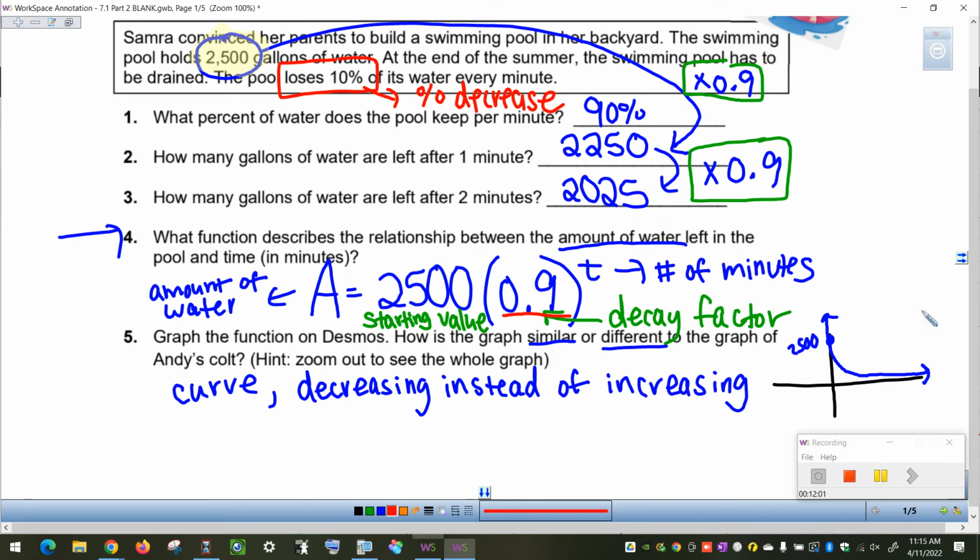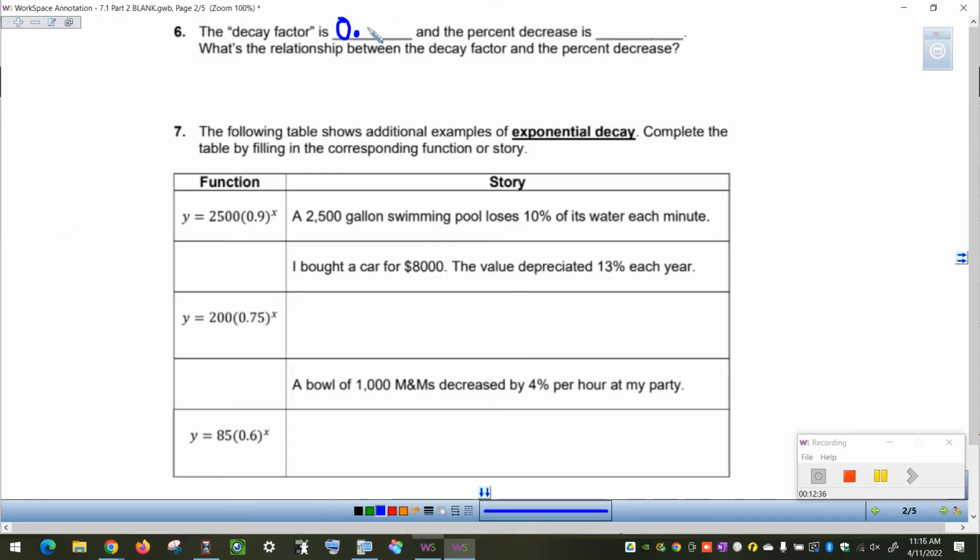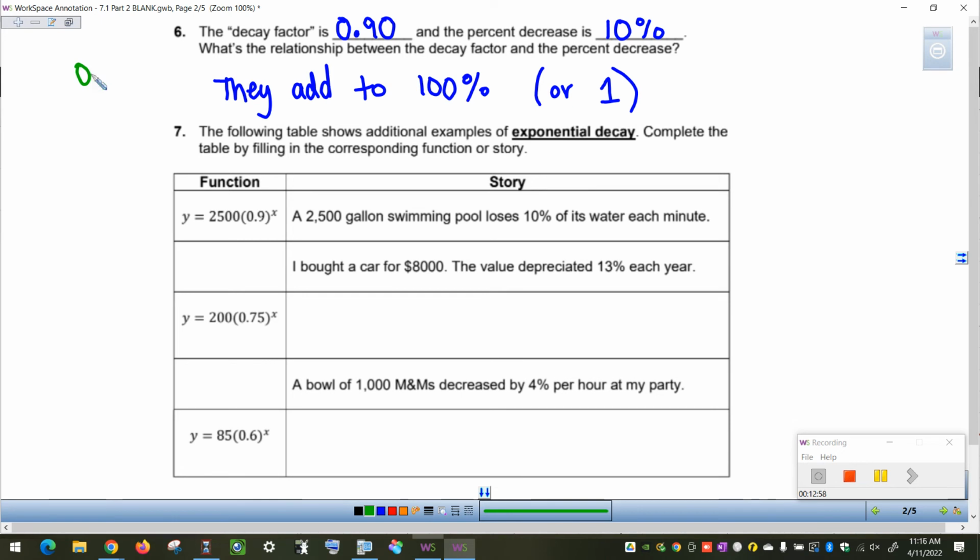Anything you notice? We could write this 0.9 as 0.90. All right, so let's just make a note of that here, that when we have a decay factor of 0.90, our percent decrease was 10%. And so the relationship between them, we can think about them adding up to 100%, or if you turn them both into decimals, they add up to 1. So you can say 0.90 plus 0.10 equals 1,